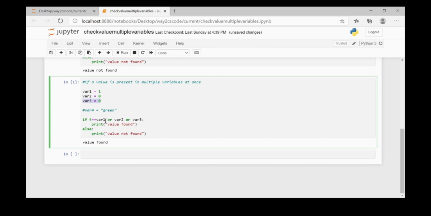In such a case, it will first check if variable 1 is equal to 4 and it is false, and then it will check if variable 2 has some non-zero value and it was actually 0, then it will go on to check if variable 3 has a non-zero value and it was equal to 0. So then it will come to this else condition and we will see value not found. If I execute this, then it shows value not found. So be extra careful when you use such a clause while comparing the variables to a certain value.